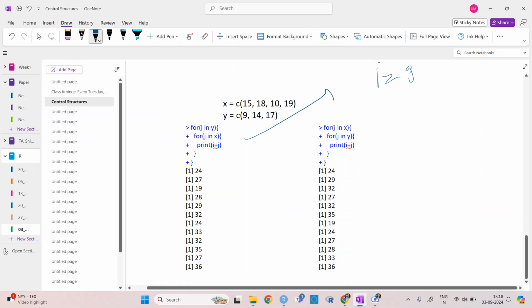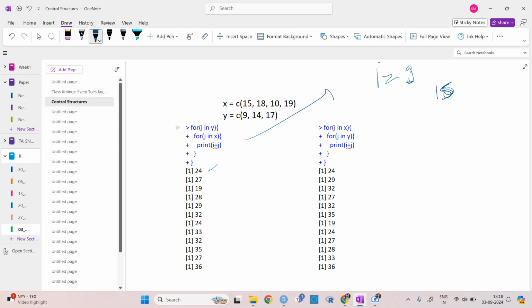For this, i is equal to 9, and then for j in x, j is 15. So firstly, it has printed i plus j as 24. Next, it will do all of them for j, right? So now i will be 9.